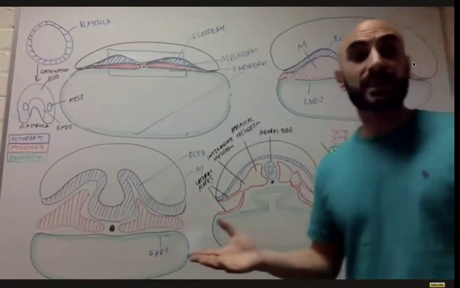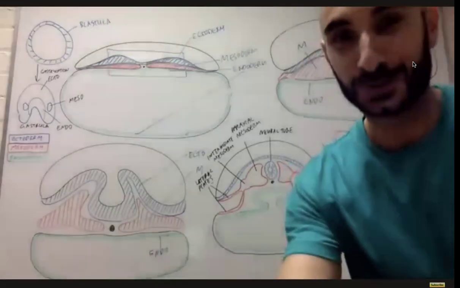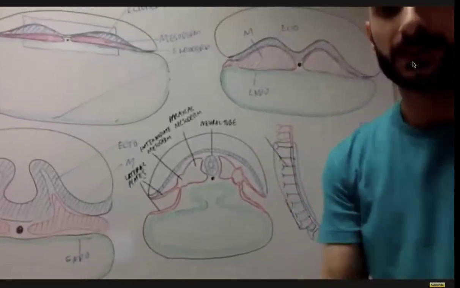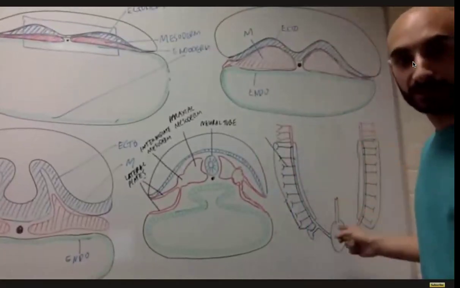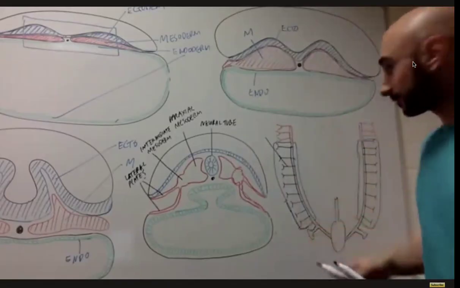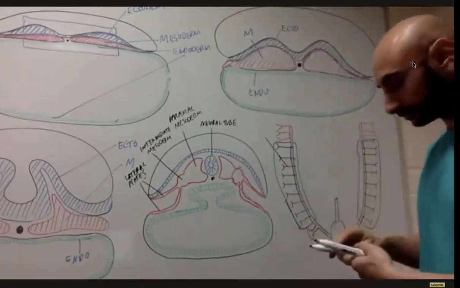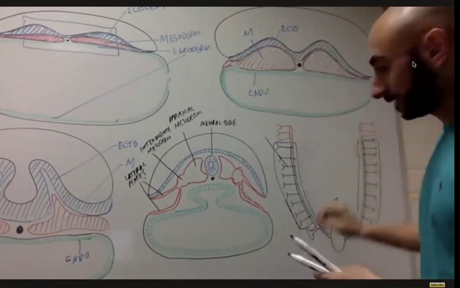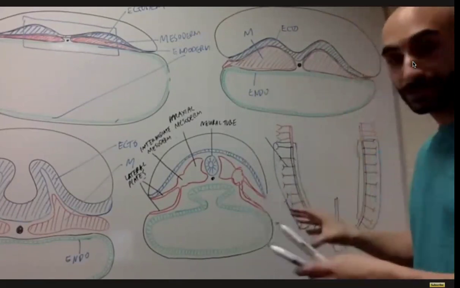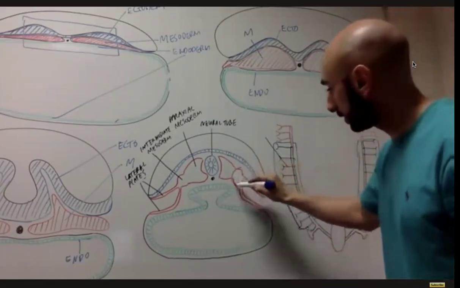So what does this have to do with the kidneys? Let's get into it. You have probably never seen this before or are looking at this and saying, what? But don't worry, you will fully understand what this is. This is the intermediate mesoderm. So right here,